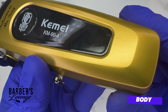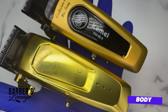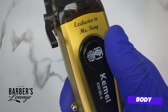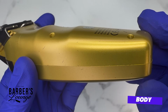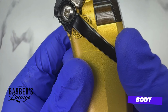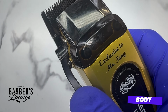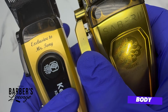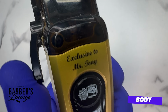All right, now taking a look at the body on the Kemei. Quick comparison. Kemei is a little more compact. Has a little indentation here for the finger, and this could act as a grip as well. Finger grooves on the back, all plastic, lightweight. Has a click lever as well. The lever on here is real slim. It works, it's not really going to bother you, but it's not as big. This takes a little more force to go back and forth, but